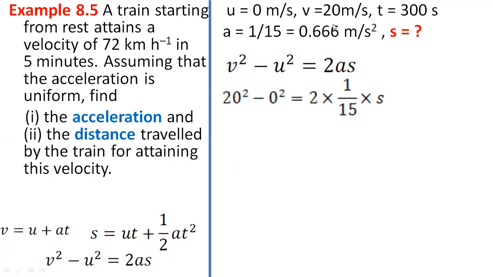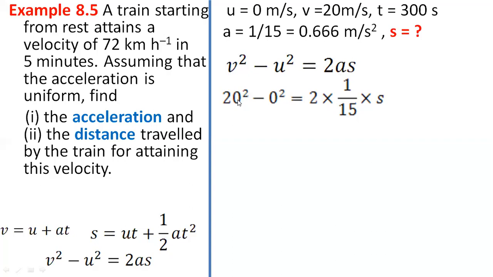So you can take it as 0.06, but the problem is what? If you take that value, while multiplying it will become difficult for you. So what I suggest is you take the value of 1 by 15 here and into s. Okay, into s. Now, I have missed that 0 here, so that is fine. You can understand. That's a simple mistake there. But you use the value of 1 by 15 in this calculation. Why? Because multiplying with 0.0666 would give you an inaccurate answer. You can take the fraction, because then you can divide it properly. So take the value of a as 1 by 15 and not 0.0666 into s.